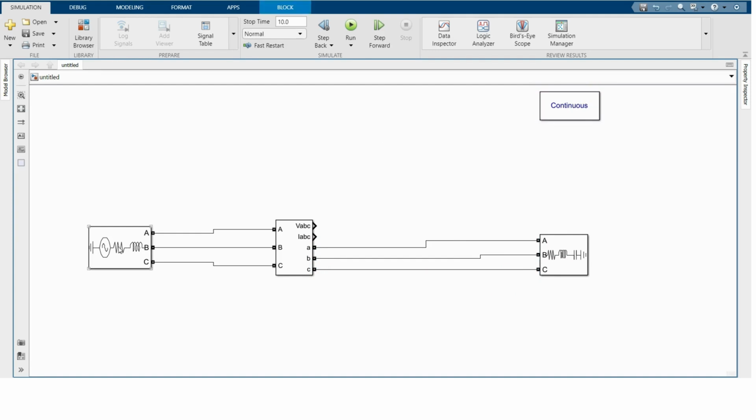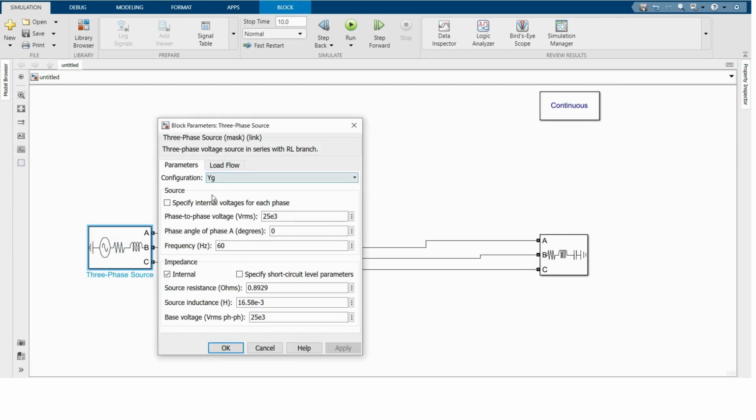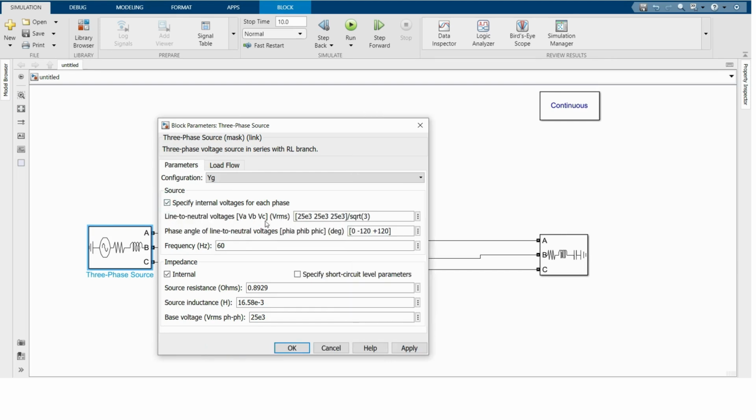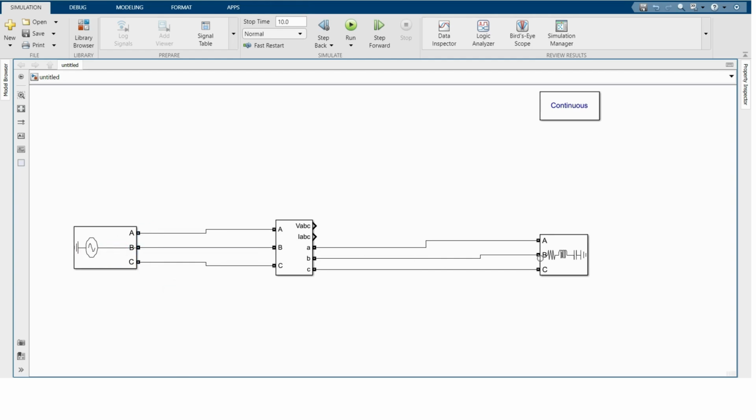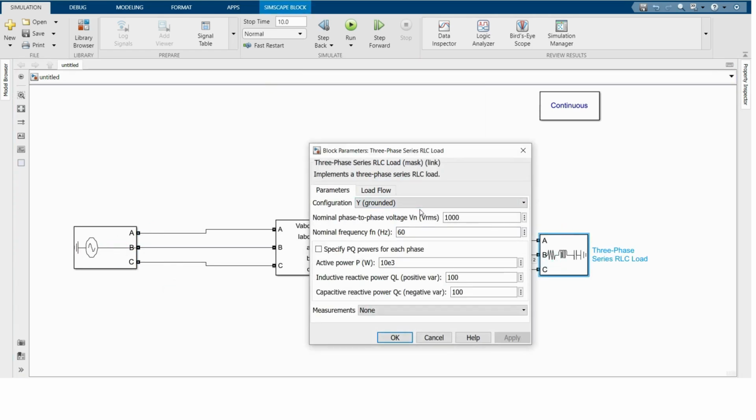Okay, here in three-phase source, this is Y configuration, and if we want to specify internal voltage for each phase, and this is RMS voltage. Okay, and phase angle of line to neutral voltage is okay, and frequency okay, and I'm checking the internal impedances of the sources, so I'm clicking OK. So our three-phase source is okay, and our load is Y connected, it's okay,